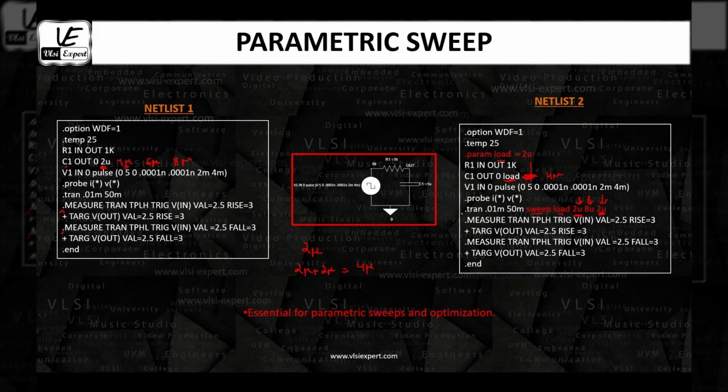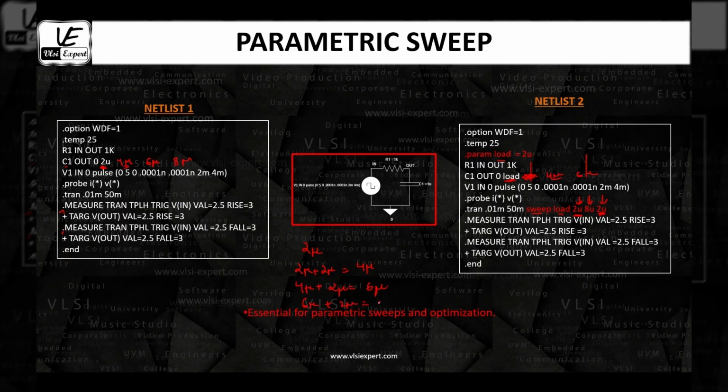Then once it's done, again it says, okay, the endpoint is 8 micron. So 4 micron is still less than 8 micron, and I have a step size of 2, so 4 micron plus 2 micron is equal to 6 micron, right? Now it will change the load value here to 6 micron and run the simulation, run the measure statement, and find the delay values for 6 micron, right? Then again from 6 micron, with step size 2 micron, it goes to 8 micron.